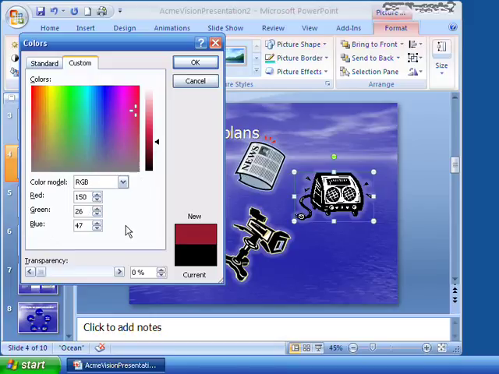The nice thing is, remember, if you're doing this by using your eyes and just picking a color, and you go, oh, I like this color, and you want this to be the same color, just click on whatever picture you want the color of. Remember the settings for red, green, and blue, and then when you come over here, you can just add them. So for example, I'm literally on my paper writing down that this is 150, 26, and 47. So I'm going to go ahead and use this color,